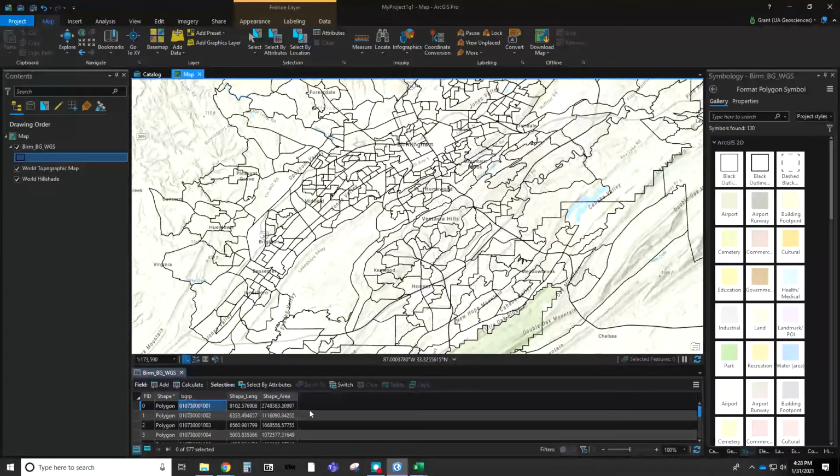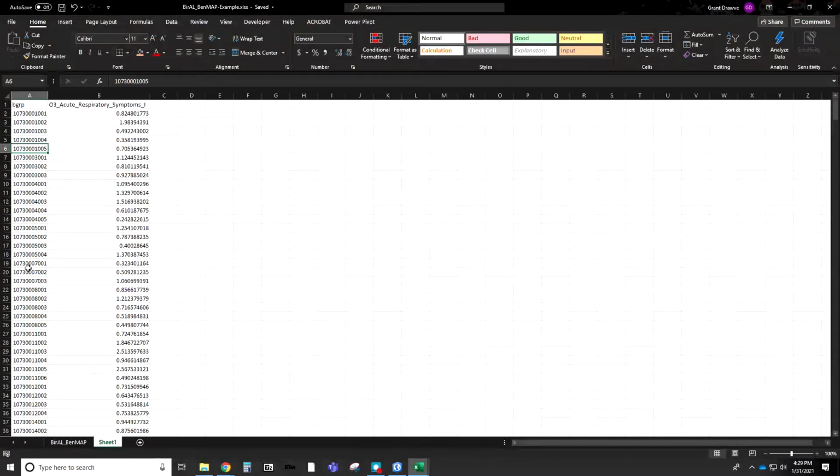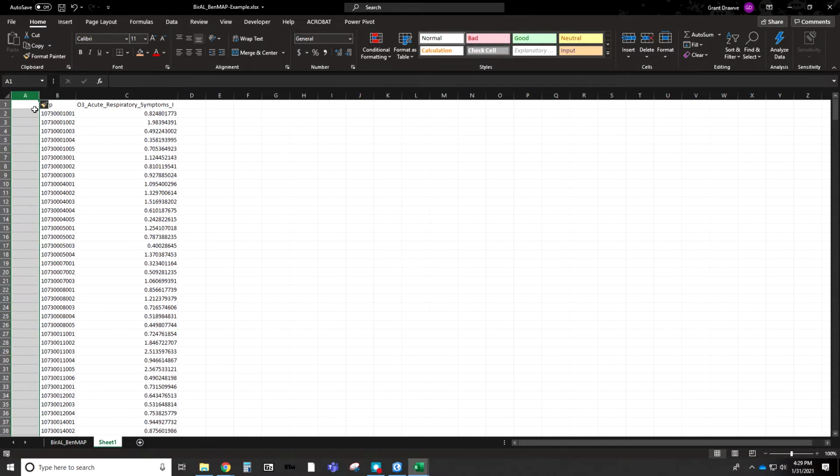You can see that there's no other information in it, so we need to merge or join data to this. So we have that in Excel already. We just need to use this boundary file to actually visualize and see it. So with that, you can minimize this or just reopen our Excel file that we're working in. Keep in mind, we have the same name, but it's missing the leading 0. So I'm going to go ahead and do an insert, and I need to keep it the same name, so BGRP, and with that it's going to be in a concatenate,